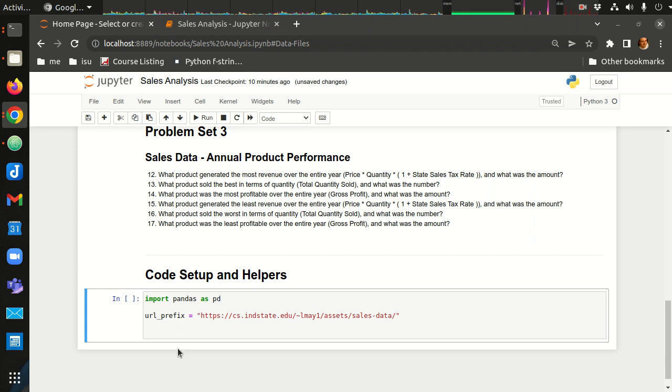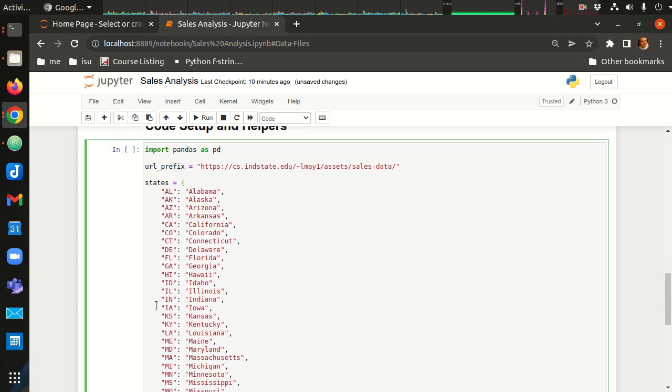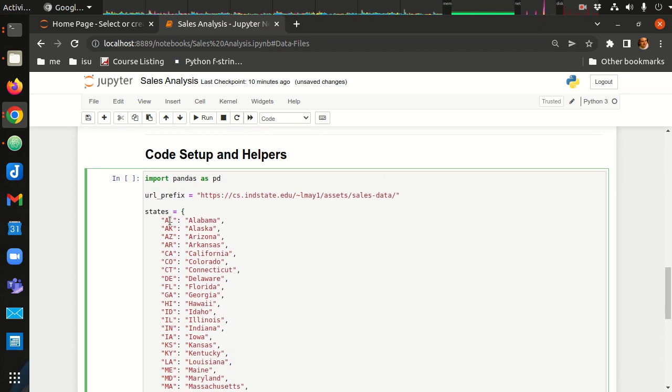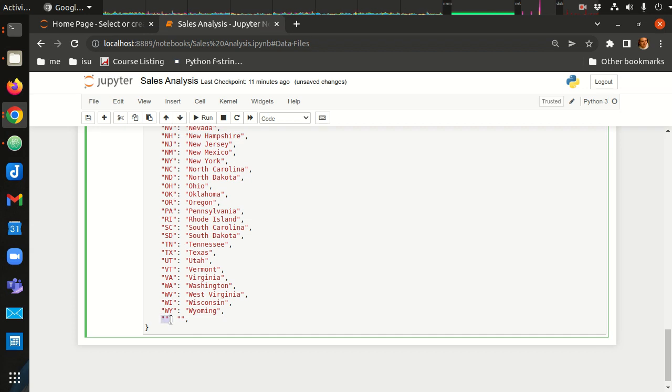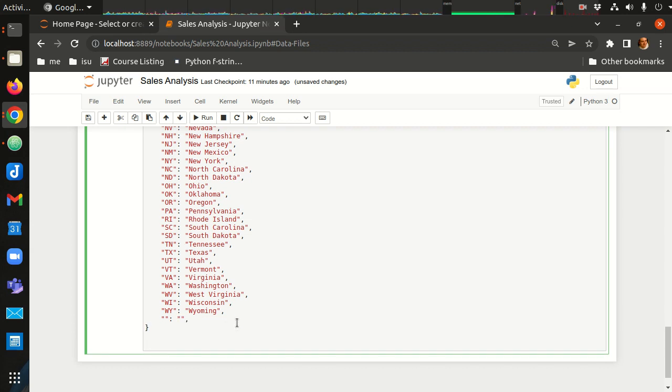All right, so we're going to need some of these things that we had previously. So one of the things we had was this states dictionary. Right, so this goes from the 2-letter abbreviation for the state to the long state name. Okay, and then we also added the empty string maps to the empty string, so that was kind of useful for us at times. All right, so that's sort of the plain Python way of doing things, but in terms of pandas